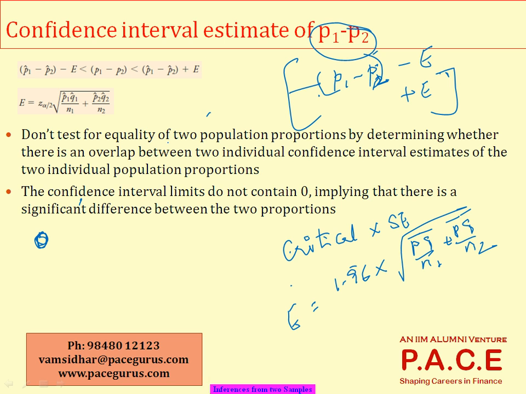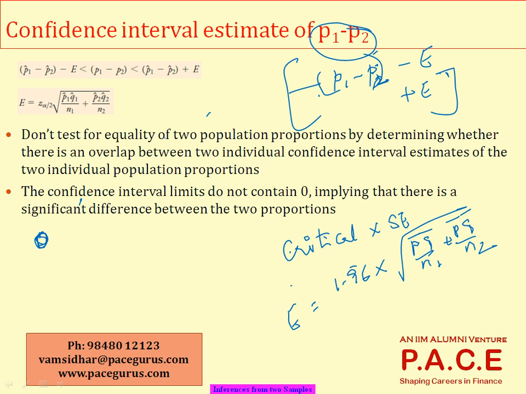If I am hypothesizing both the proportions are equal, then 0 is the hypothesized difference. If that hypothesized difference lies within this range, then I cannot reject the null hypothesis. If the hypothesized difference does not lie within this range, then I can reject the null hypothesis and I'll go